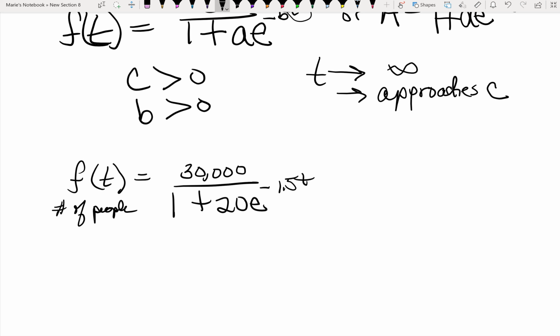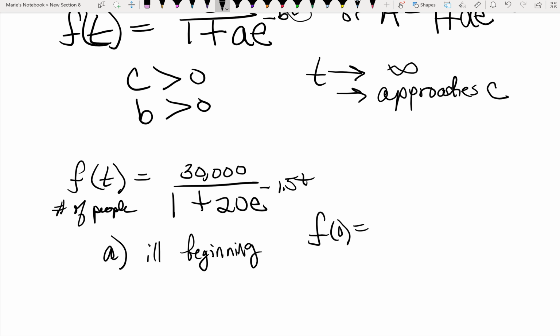It says after its initial outbreak in a town with 30,000 inhabitants, the first question, part A, is how many people became ill when the epidemic began. So how many became ill at the beginning? Think of it that way. Kind of like COVID. So in this case, since we know we're looking at f of 0, where time is initial,